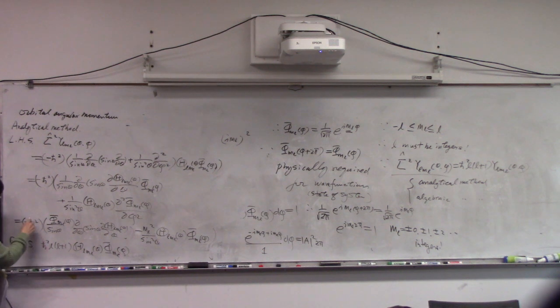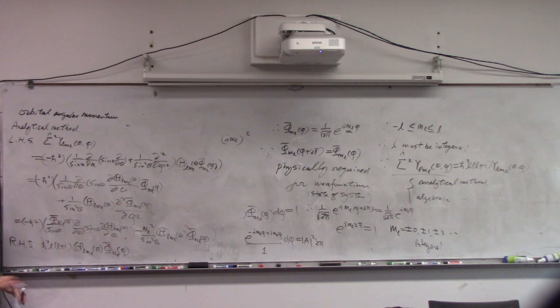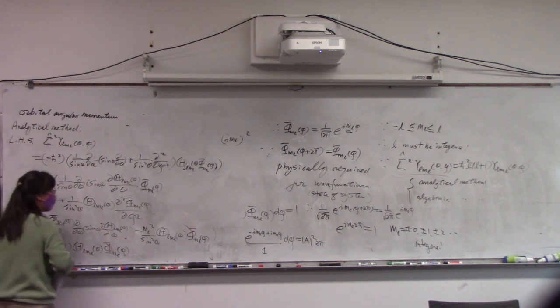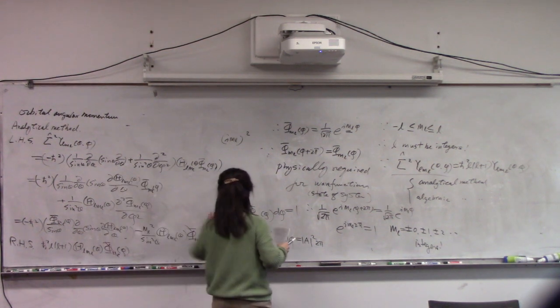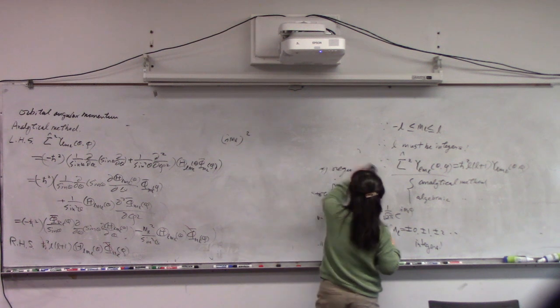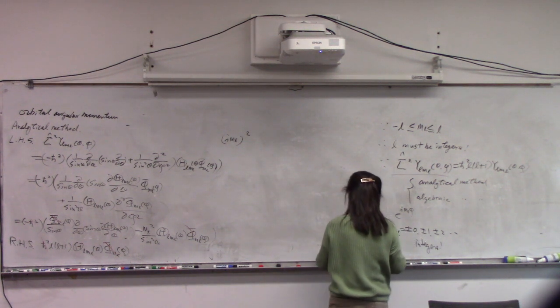So the h bar squared cancels. This one and this one cancel, right? So you consider the remaining part, only the function of the capital Theta. Organize it, and finally the equation is